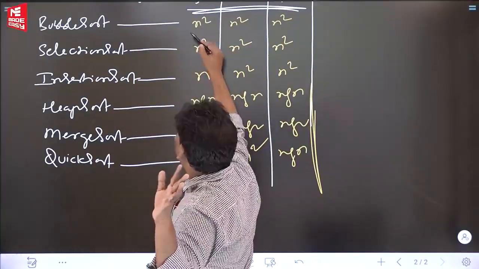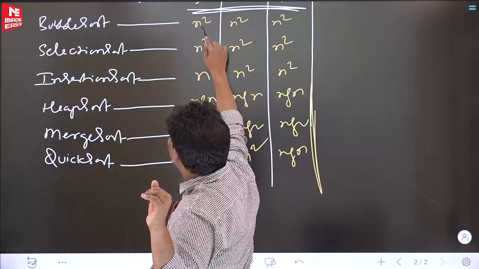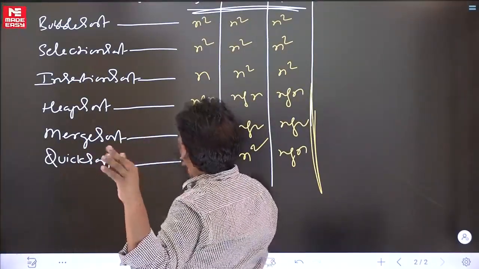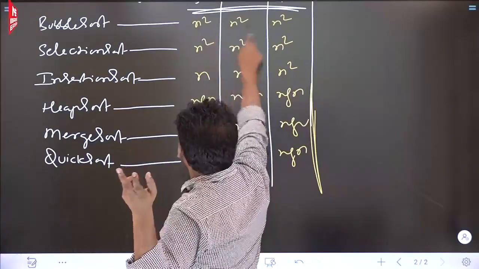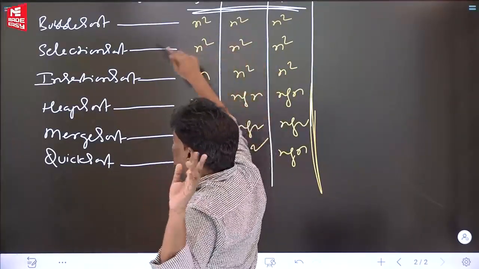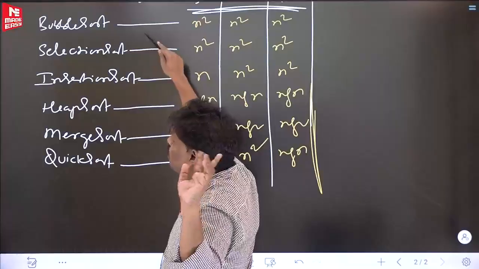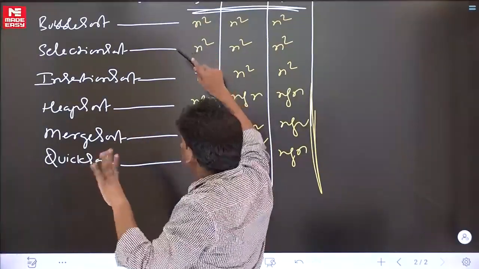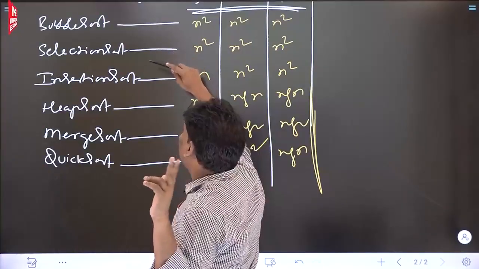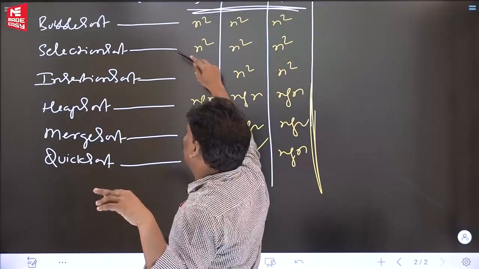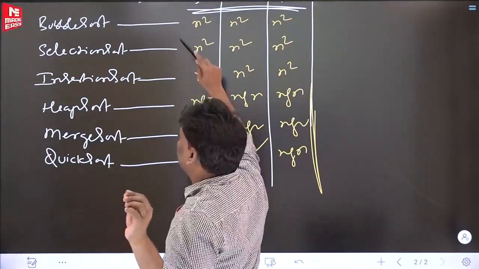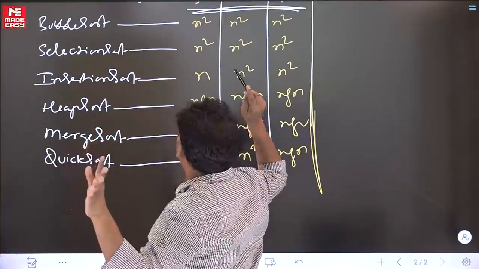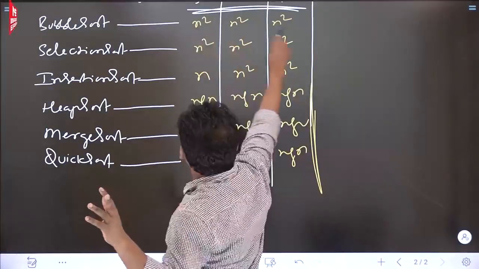So for examination purpose only, bubble sort best case becomes n. Please be careful, that is a special case. Normally if you see the books, bubble sort contains every case as n square, because it is a lightweight algorithm. If someone asks you in the GATE examination, can you make bubble sort best case n? Yes, I can make it. In any pass, if the number of swaps is 0, don't go further with this condition. Bubble sort best case becomes n. That is only for examination purpose. Normally it is every case n square.